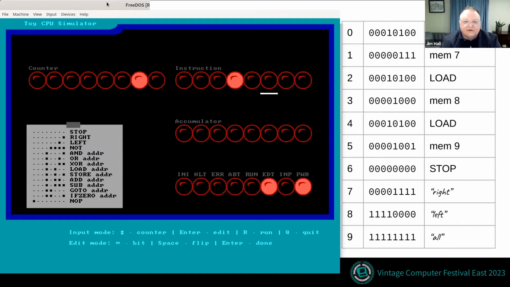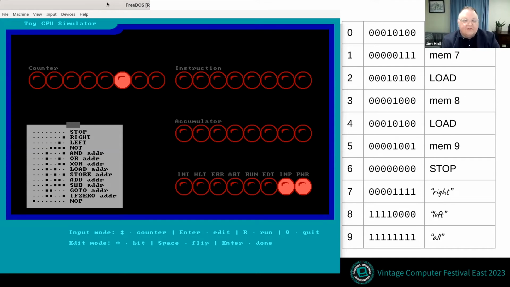And so that's going to be load. And then the memory location 3, counter 3 is where it's going to be pulling that left-hand side of the lights, and that's stored in memory location 8. And so again, this is 1, and that's 2, and that's 4, and that's 8. And now memory location